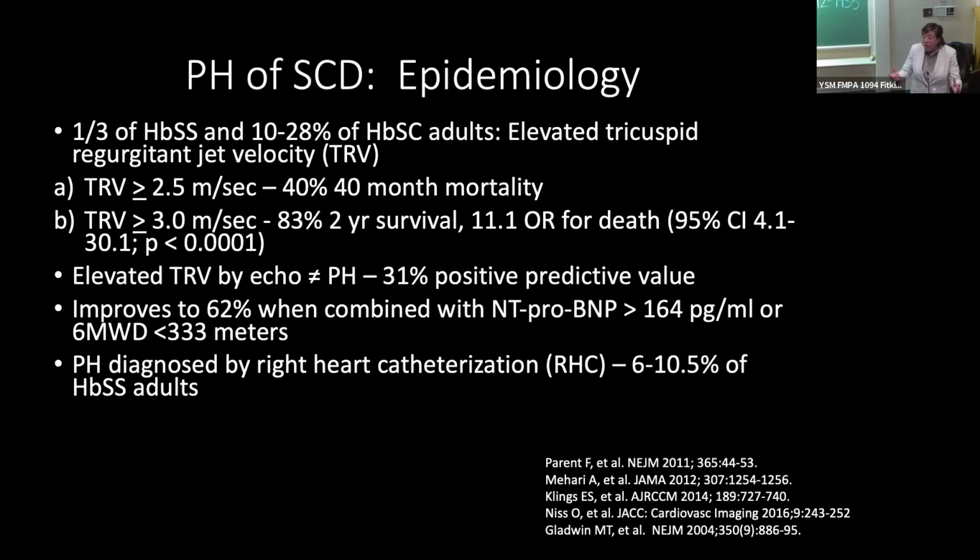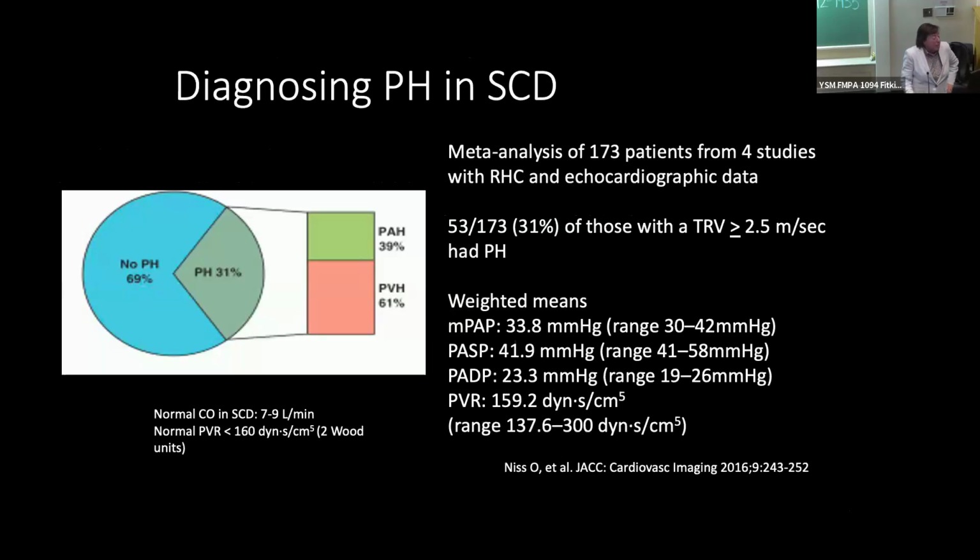With the newer definition, because this is actually usually a milder disease hemodynamically, we're going to get into the hemodynamics in a minute. Using the newer definition of a mean PA pressure of greater than 20, that frequency is actually going to go up. And there's a paper I'm reviewing for the Blue Journal that is going to be reflective of this increase.